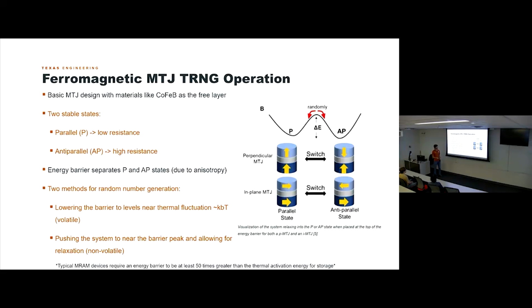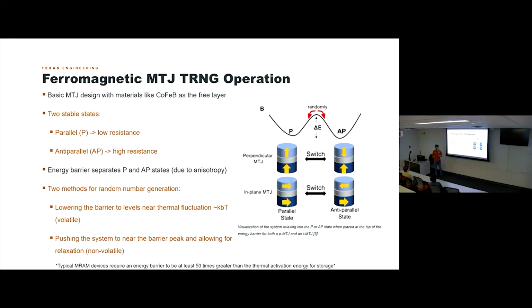And we'll see there are really two ways of generating these. One is that we start in one of the states, push the system to the top of the barrier, and allow it to relax into either of the energy wells. This will be probabilistic, and as we'll talk about more later, you can tune this to a certain probability distribution. The other one is simply lowering the energy barrier so low that it's on the level of thermal fluctuations, so kBT levels, to just flip between the states